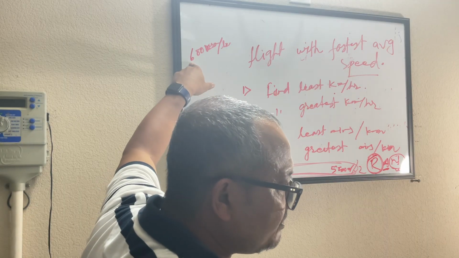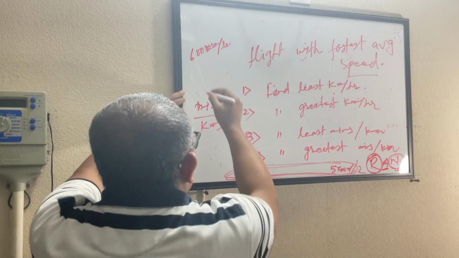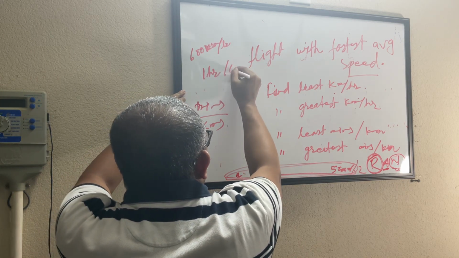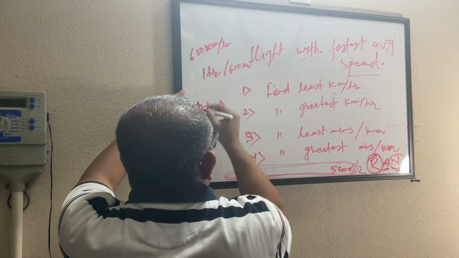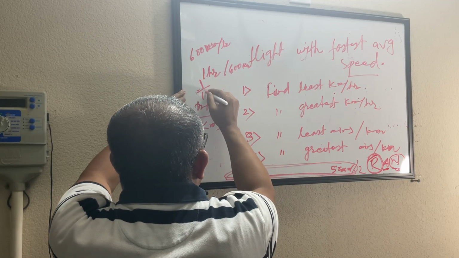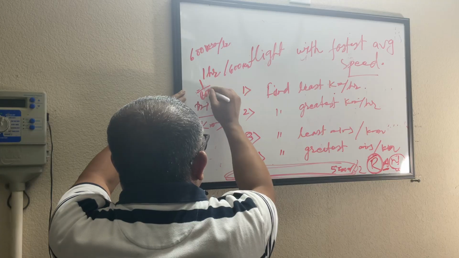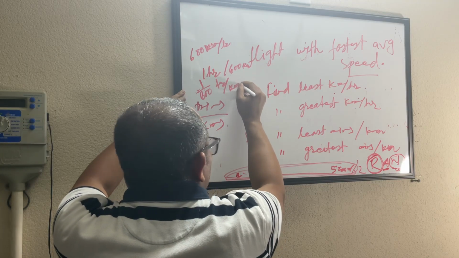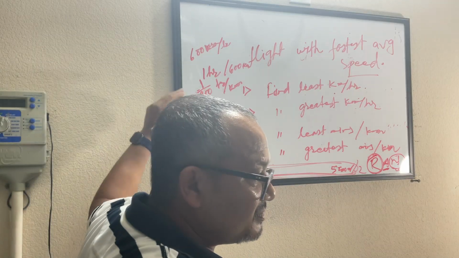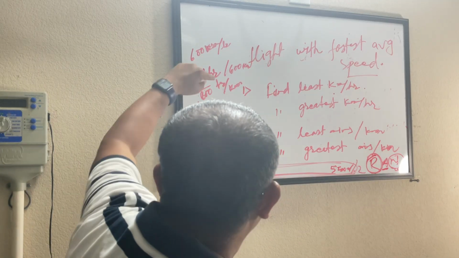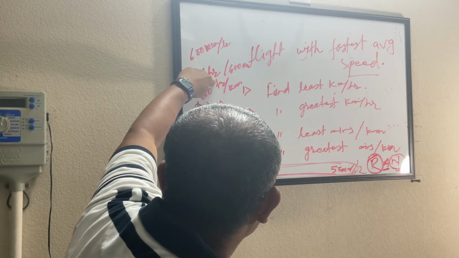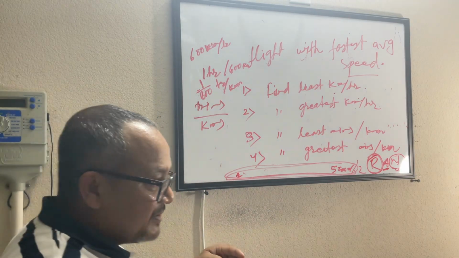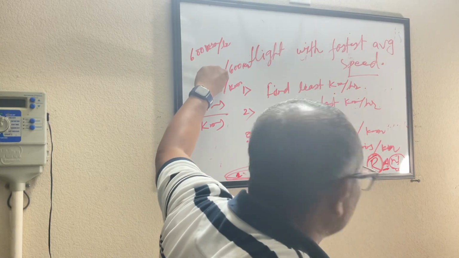I can read this like 1 hour, 600 kilometers. 1 by 600 hour per kilometer. Yeah? Meaning, you are reading this thing in the reverse way. Meaning, for every unit of time,